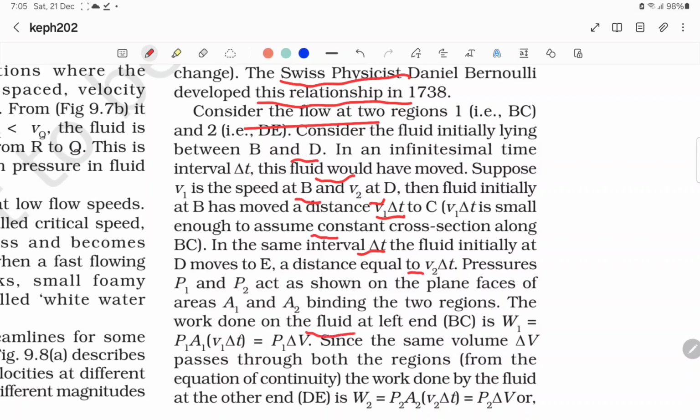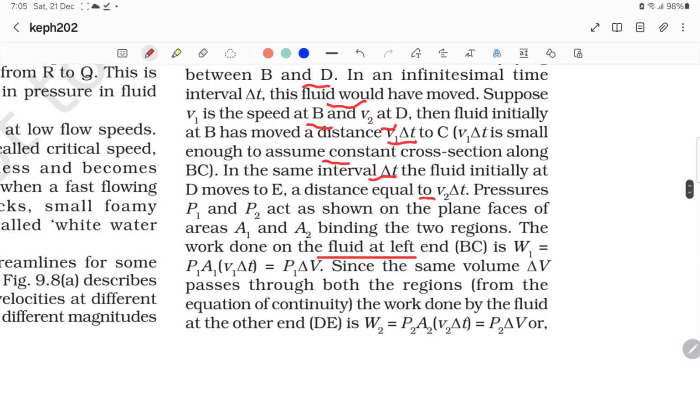The work done on the fluid at the left end BC is W1 = P1 A1 V1 delta T, which is equal to P1 delta V. And since the same volume delta V passes through both the regions from the equation of continuity, the work done by the fluid at the other end is W2 = P2 A2 V2 delta T = P2 delta V,